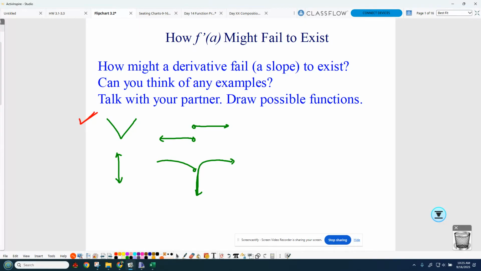Can't do a derivative at a corner. Vertical tangents, some of you had it drawn within a curve, so you can't do a derivative at a vertical tangent or a vertical line. You can't do derivatives at discontinuities,